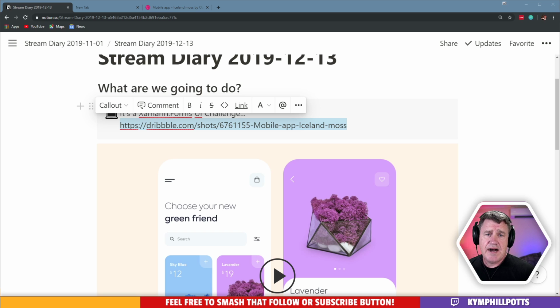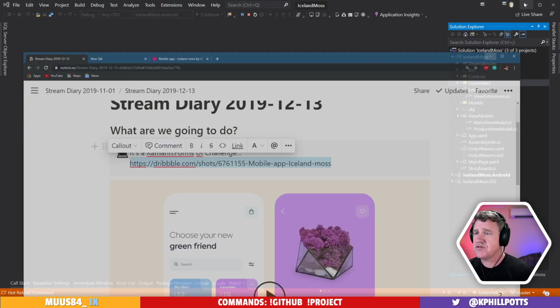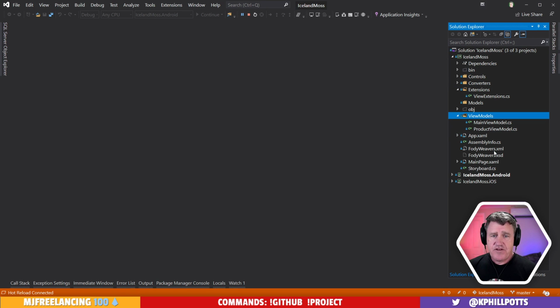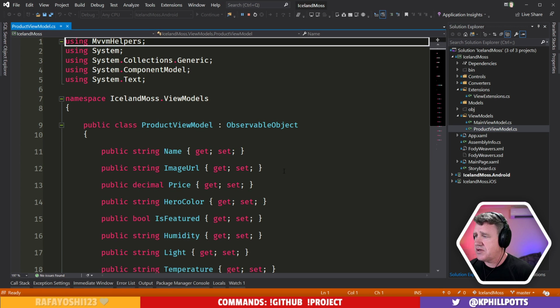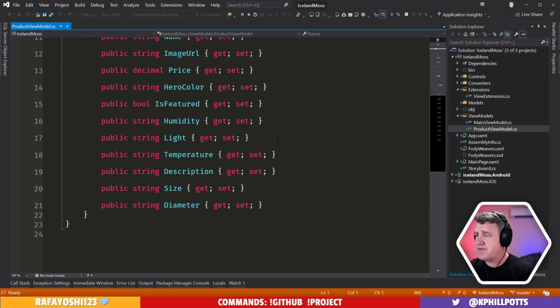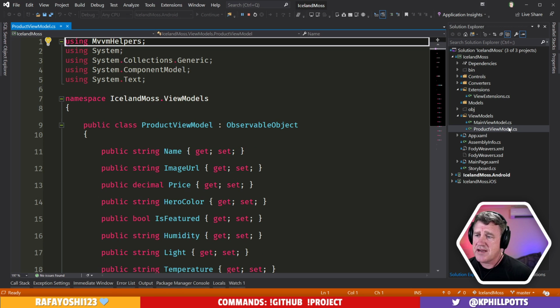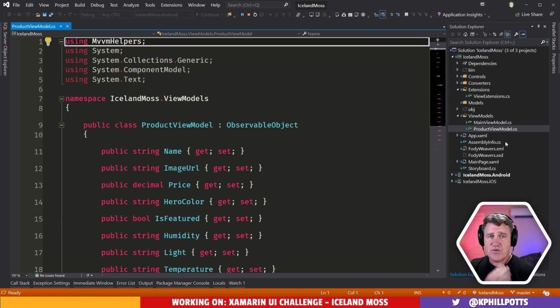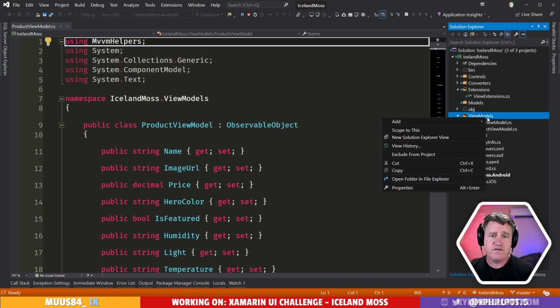All right. Now, where should we start? I suppose we should start with view models, right? That kind of makes sense to me, as we have some things to display. So we're going to have view models here. At the moment, we've got a product view model, which describes a product. We've got name, image, price, and some other information about the actual item itself. So that's our product. But what we want is a view model for